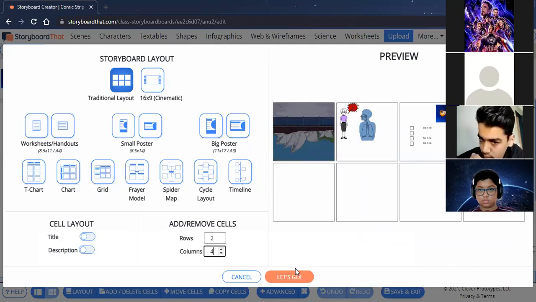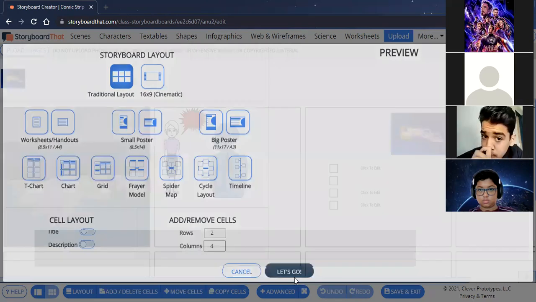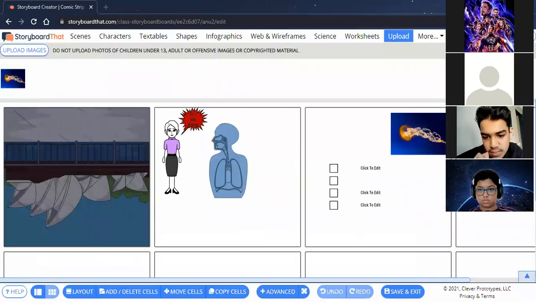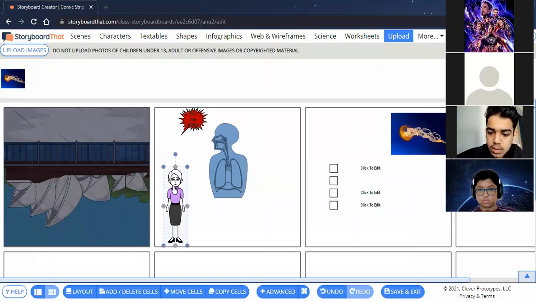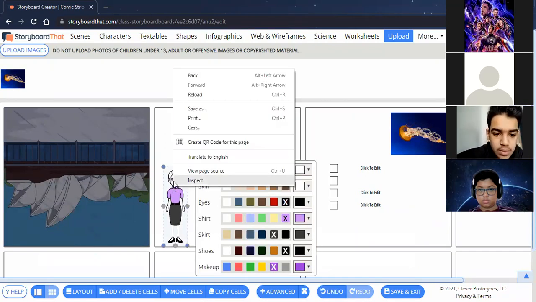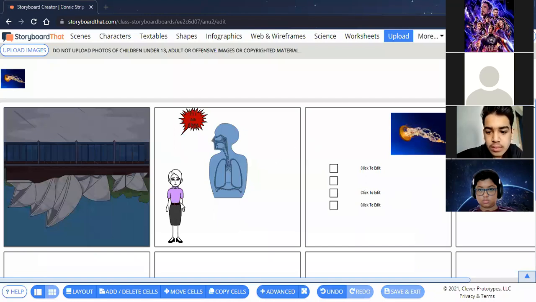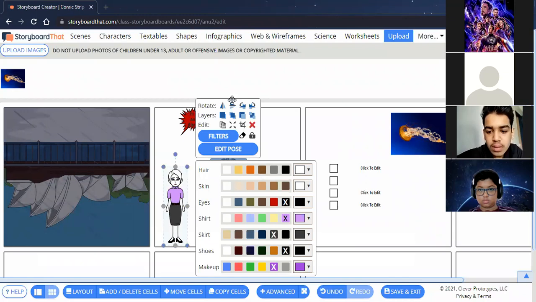Ma'am, how to make the character sideways? Yeah, of course. So let's go. Now I am having more characters with us. What you want sideways means you want to change the position of this character. So you can do it like this. Or if you want to change the position, you can do it with the rotate option. See, styles. What rotate, is rotate.